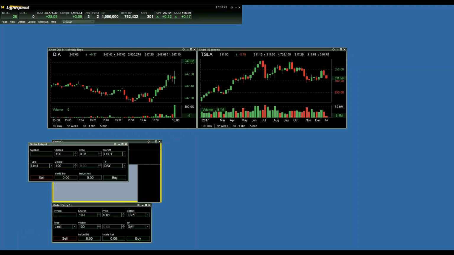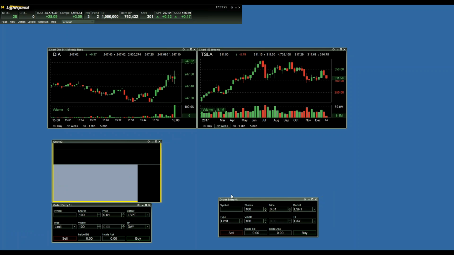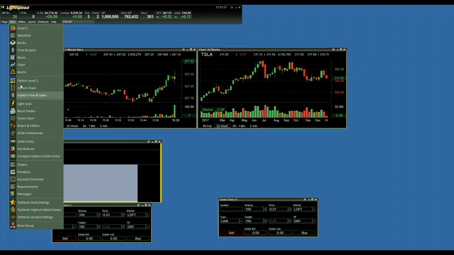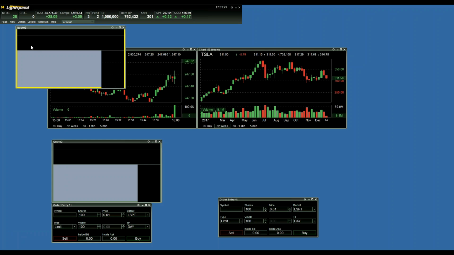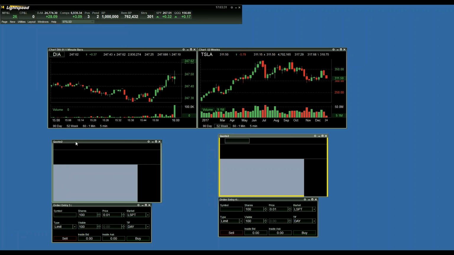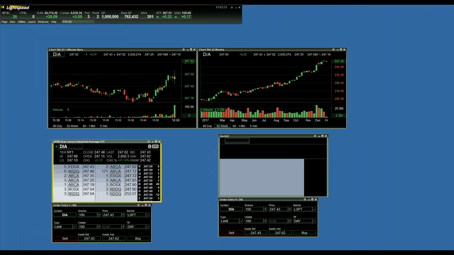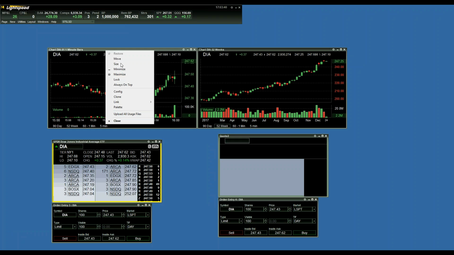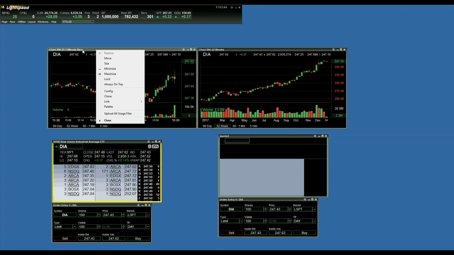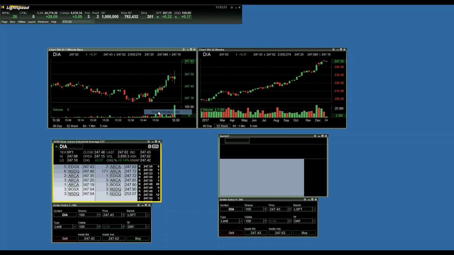So I'm going to show you how to link two different series of windows here: a chart, a level 2, and an order entry side by side. Now, everything is derived off of the level 2 window. So what I want to do is right-click on any other window to decide which level 2 I want to link to. But I have to link through the top window banner border and select which level 2 window I'm looking for. So I'm going to link this to the DIA,